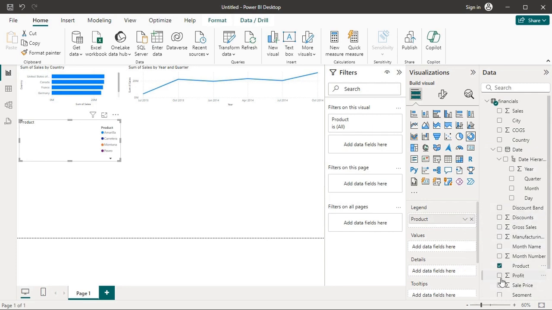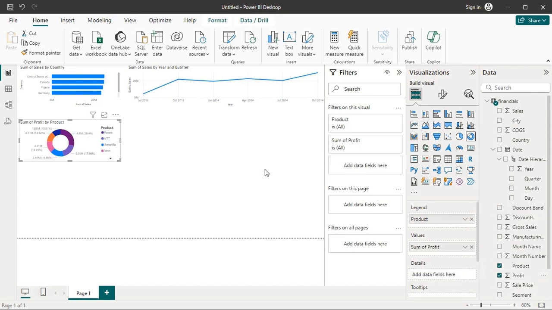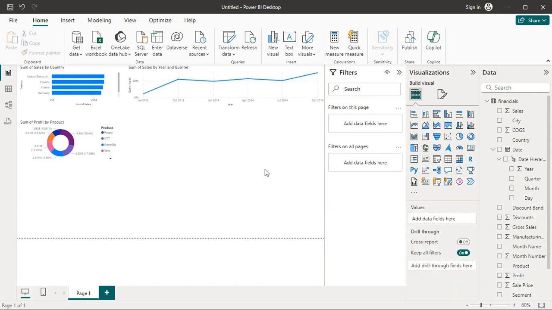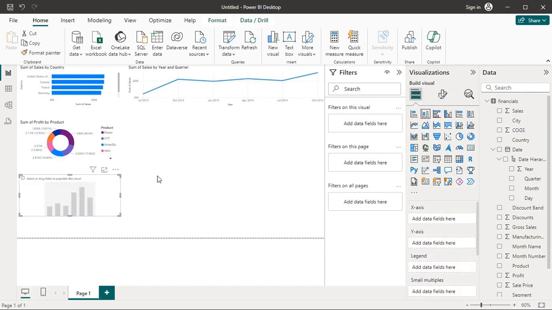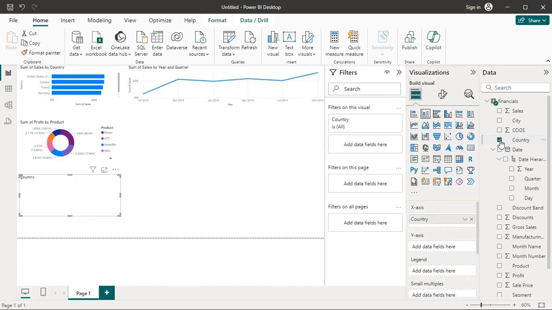Now we create another chart, a stacked column for cost versus total sales. For comparing cost and total sales, we click on stacked column and drag the country to the axis and both COGS and sales to the value.